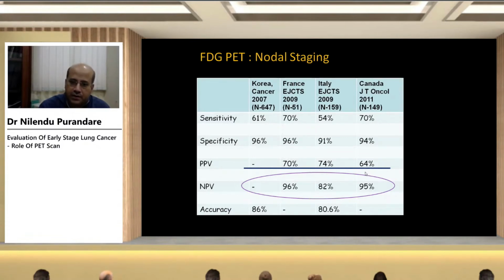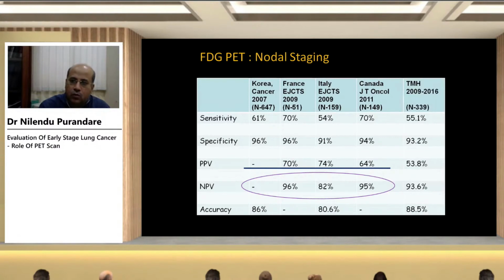In fact, it's quite modest. When we looked at our own data at Tata Hospital of around 350 patients, the negative predictive value was also high, upwards of 90%, but our positive predictive value was again modest, almost around 50%,